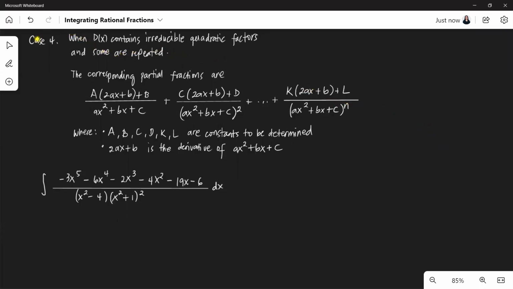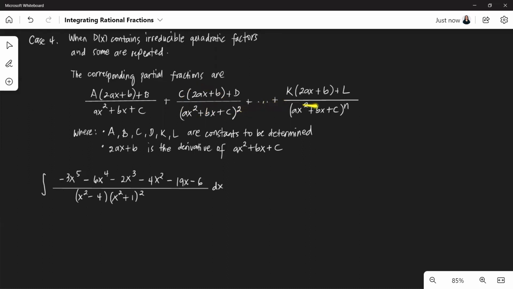So case 4 of integrating rational fractions is when the denominator contains irreducible quadratic factors and some are repeated. So these are the corresponding partial fractions for the repeated quadratic factor. Similar to case number 2 for repeated linear factors, we start off with raising the quadratic factor to a power of 1, then followed by a power of